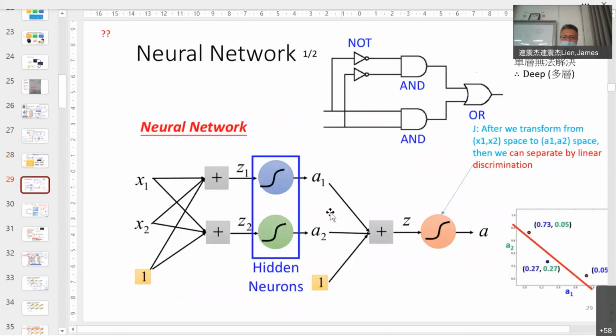Your output will be new domain A1, A2. And your result will be here. So after this, that means you can discriminate these four kinds of combination. 就是你要找到一个 activation function 产生 A1 跟 A2，这是非线性的。